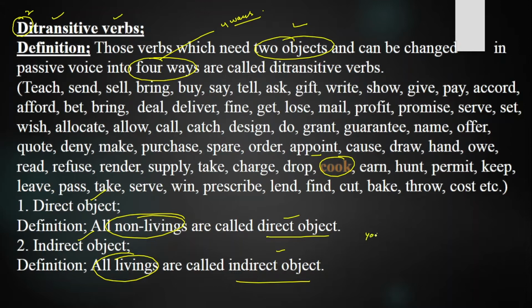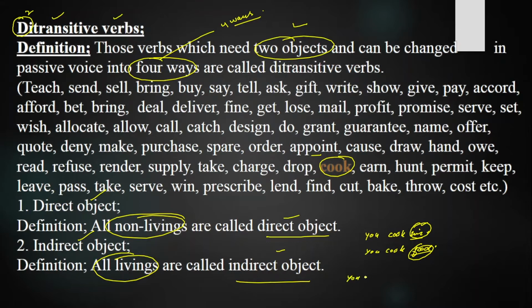Suppose I say, you cook him. Now see, a question arises: how can you cook him? He's not a chicken that you'll cook him, or he's not a sort of food you will cook. Or if you cook him, then for him what do you cook? So the sense is not clear and understandable. And if I say you cook rice or you cook food, clear. Now over there you will cook food, but for whom? So for that you need to bring both your objects together in order to complete the meaning.